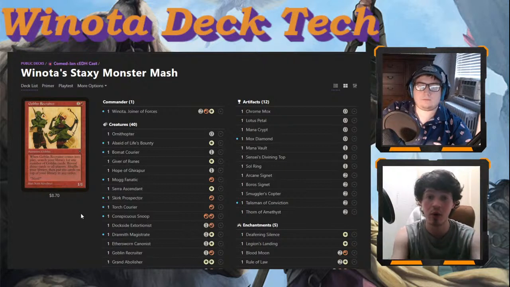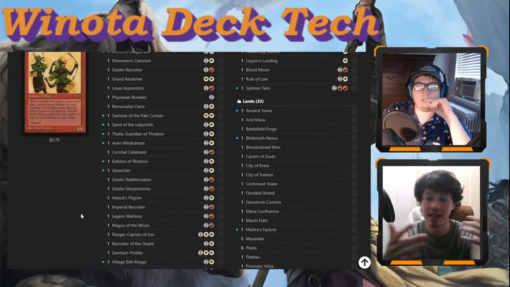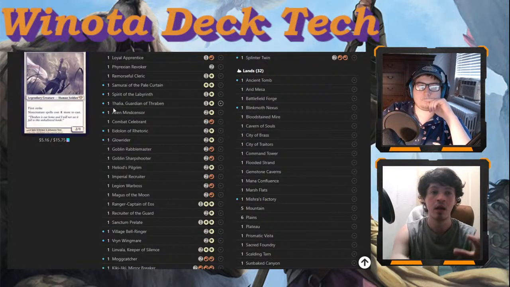Cool interaction, I want to point out, with cards like Magus of the Moon, with cards like Grand Abolisher that have these static effects as soon as they are present on the battlefield. They can't be...